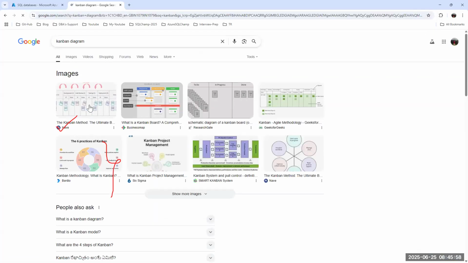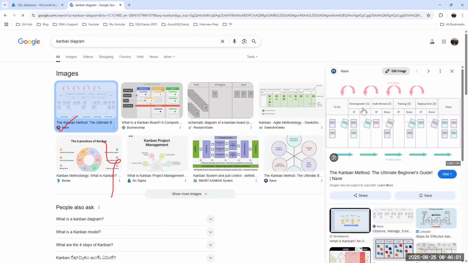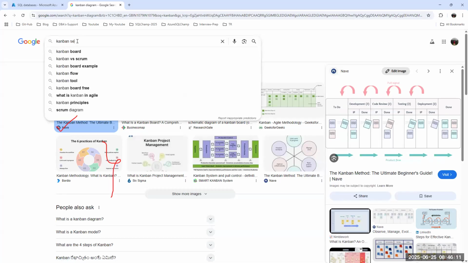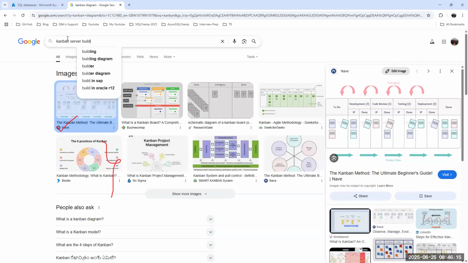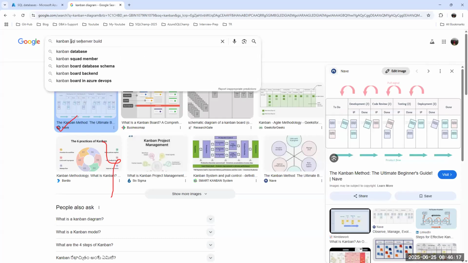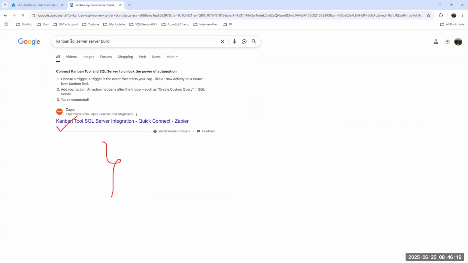Like this, they have the stages. Server, then performance review, server review. Finally, it will go to the live environment. Kanban, server build, for example, SQL server build.